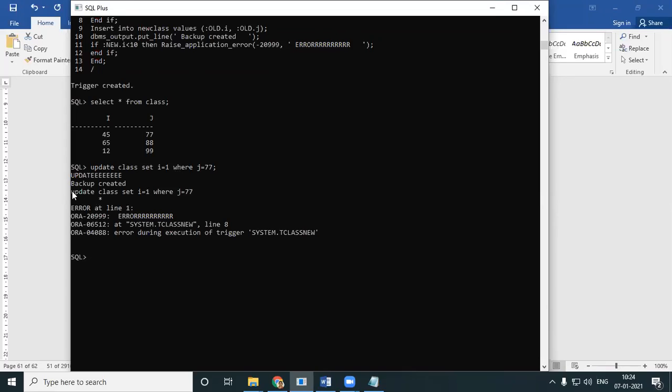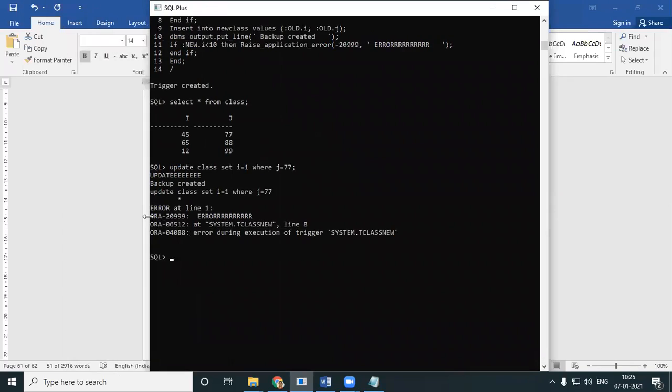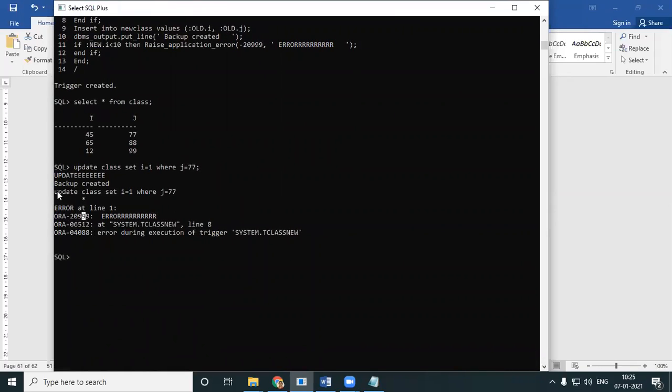Okay, look here. I caught an error. Actually, there's no error in my query. My query is perfectly fine, but I am raising a user-defined error. Look here. These are system errors. They're telling me in the trigger called T class new, an error has been caught and all that, but the error is this.